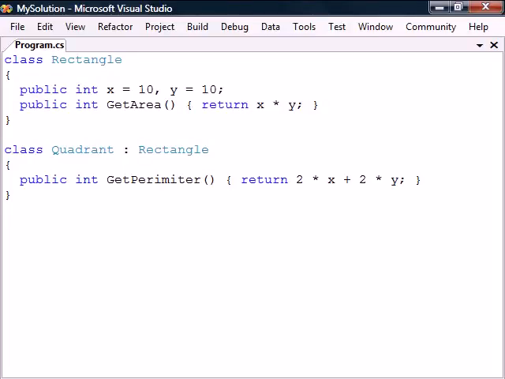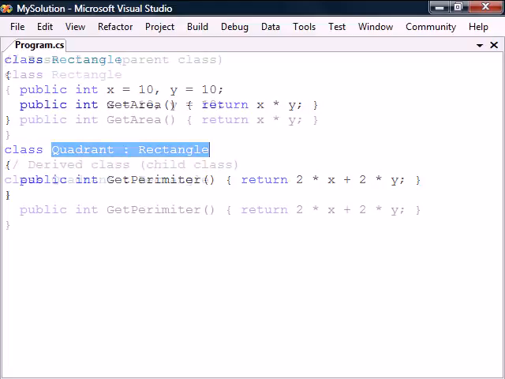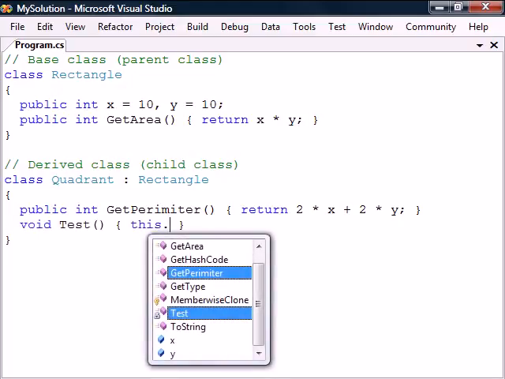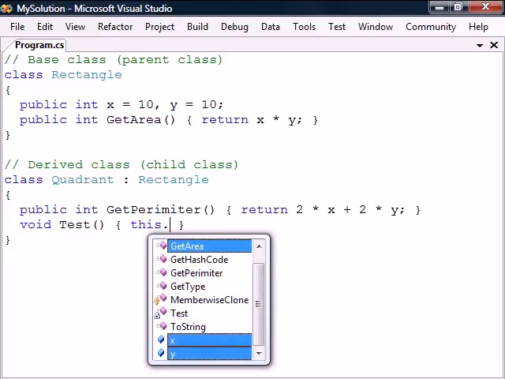Inheritance enables a class to reuse code from another class. In this example, we have the class Quadrant that inherits from Rectangle, specified by the colon. Rectangle then becomes the base class of Quadrant, which in turn becomes the derived class of Rectangle. In addition to its own members, Quadrant now gains all the non-private members in Rectangle, except for its constructors and